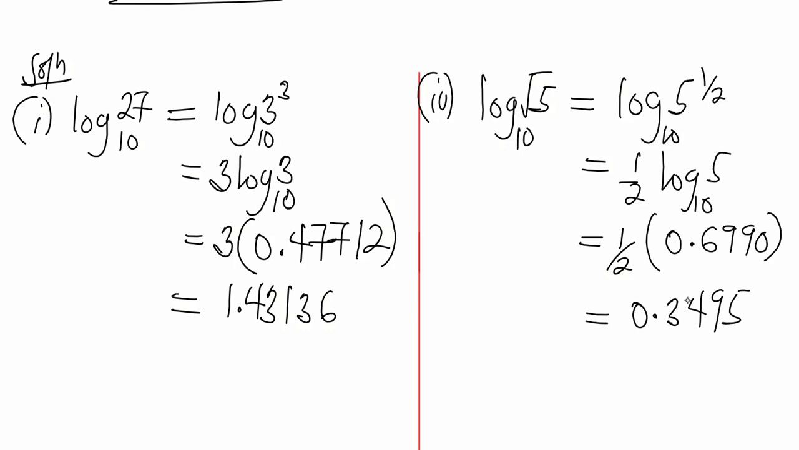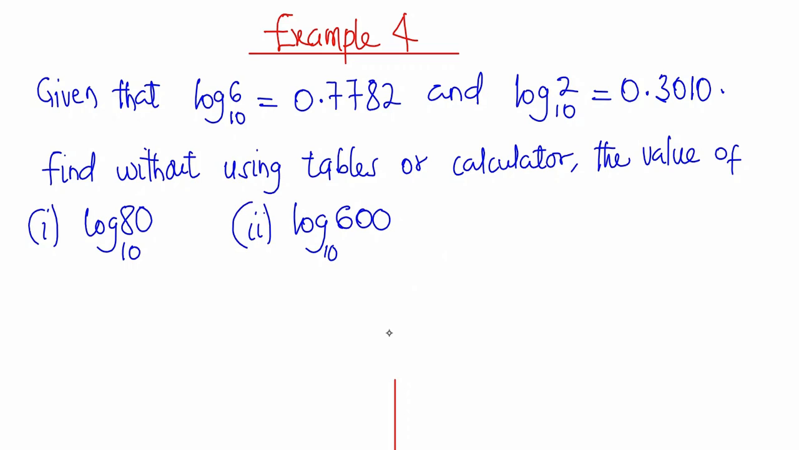So it's just by using the products, the quotient, and then the exponent procedures, and at the end it's going to be so simple and so easy for you to solve. Now let's try the last set of examples for today's video. Now in example 4, we have given that logarithm of 6 base 10 is equal to 0.7782